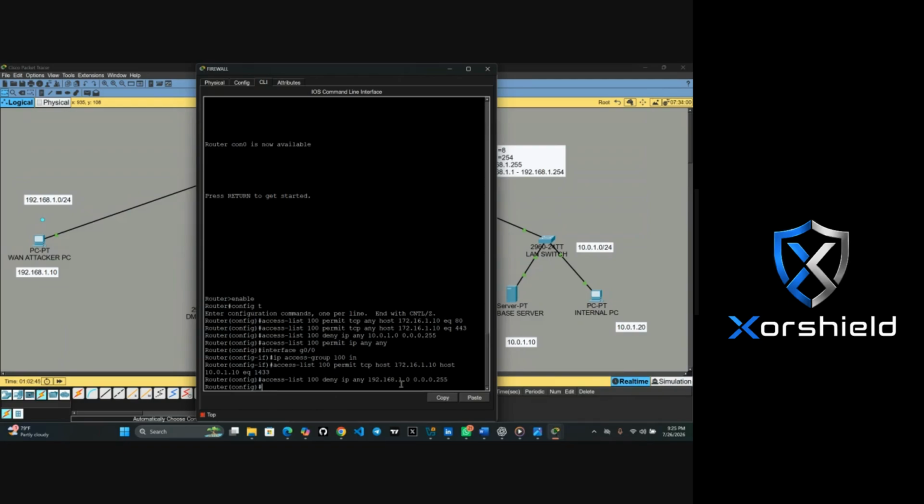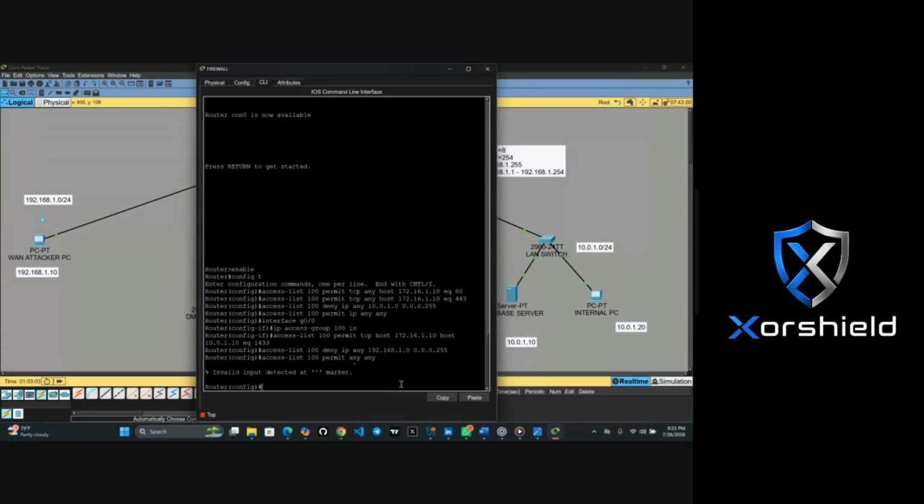Then you enter. Next one is now access list 100 permit any.